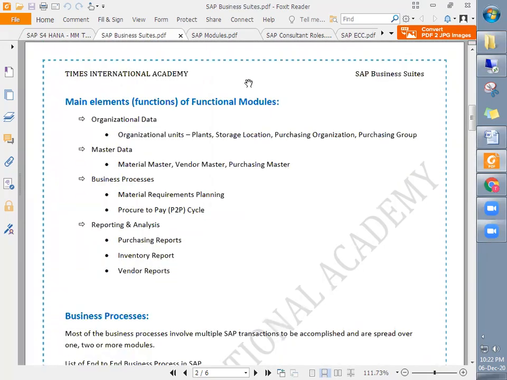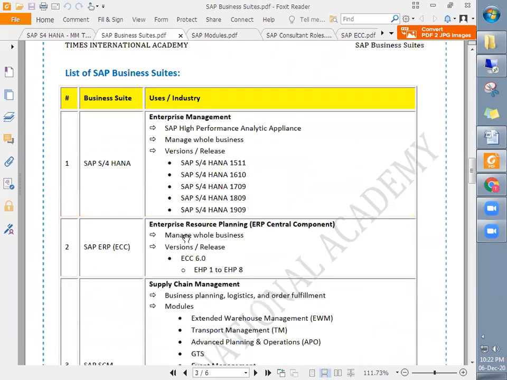So these are the different business suites, the software or the applications, offered by SAP. In every software, in every business suite, there are different modules. Let me show you the different modules which are available in SAP for the companies.